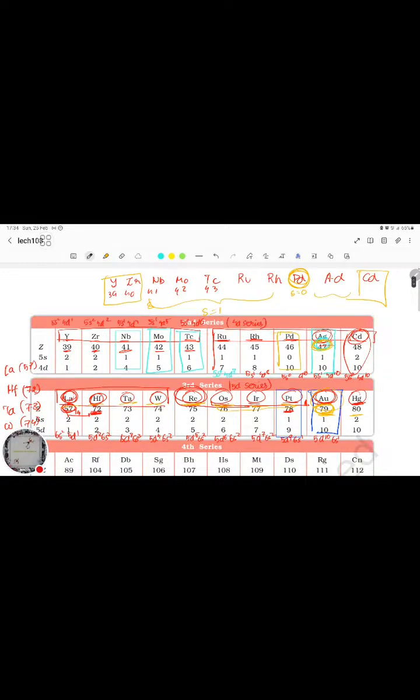Moving down, yttrium, zirconium, niobium, molybdenum, technetium, ruthenium, rhodium, palladium, silver, and cadmium. First, I'm going to remember the sequence of elements: yttrium, zirconium, niobium, molybdenum, technetium, ruthenium, rhodium, palladium, and then silver and cadmium. Yttrium starts at 39 and it ends at cadmium. Let me write it one by one. Yttrium starts with 39, 40, 41, 42, 43, 44, 45, 46, 47, and 48. So I will start my configurations with 5s2 4d1,